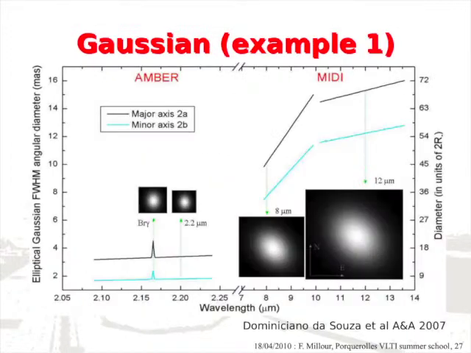To see examples, just to show you that it's really used in real published papers, that's a paper which was published on a Herbig Be star. These are stars which have a dust disk around the main star. In this paper, the people used a Gaussian shape to model the disk, which has a smooth shape in the image of the disk. And they showed that the shape in the K band, so this is at 2 microns, is much different than the shape in the N band, which is mid-infrared.